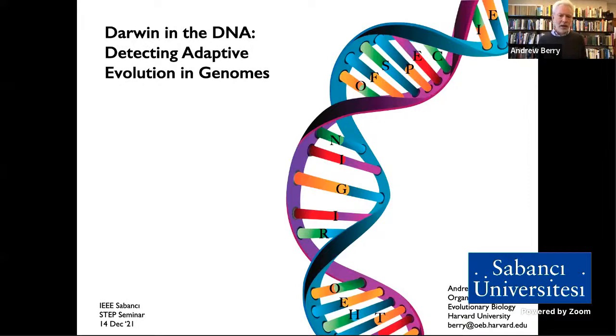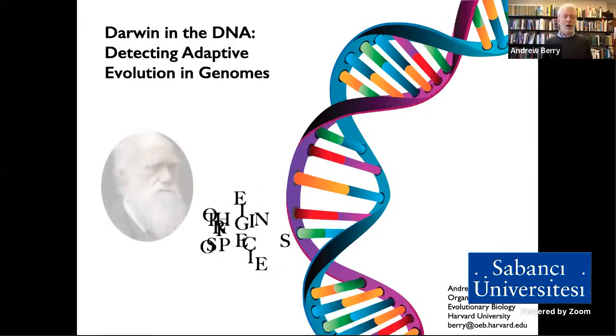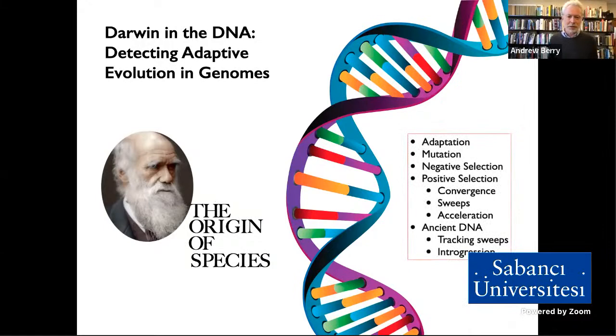So here we have some DNA with some mystery letters in there. And lo and behold, what do we have? There we go. It says The Origin of Species. So we have found Darwin in the DNA. So yes, he's there. The question is, and this is a technological question, a methodological question, how can we identify the key events in molecular evolution, the key events that have made us what we are today, bananas what they are today? And I'm going to start with this because it's my favorite clip of an amazing adaptation.